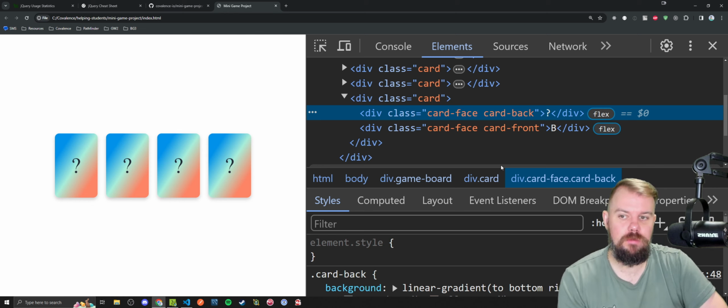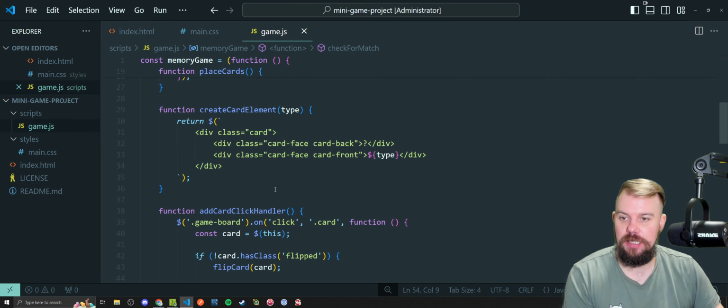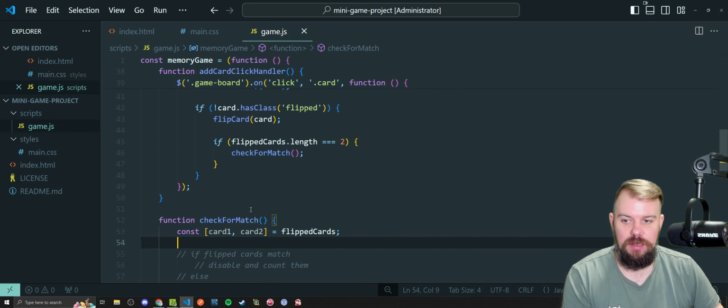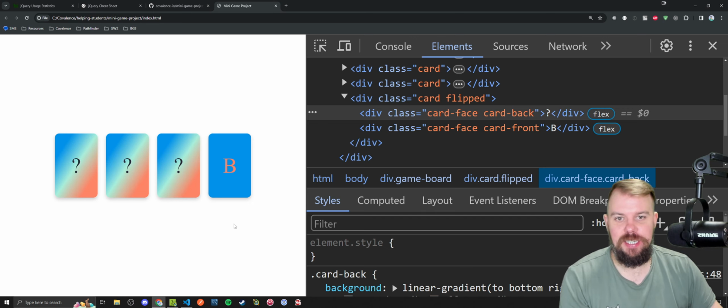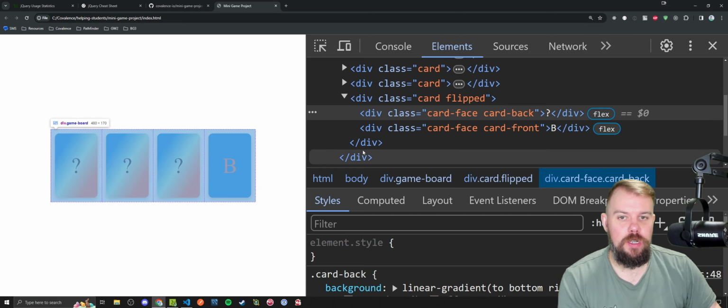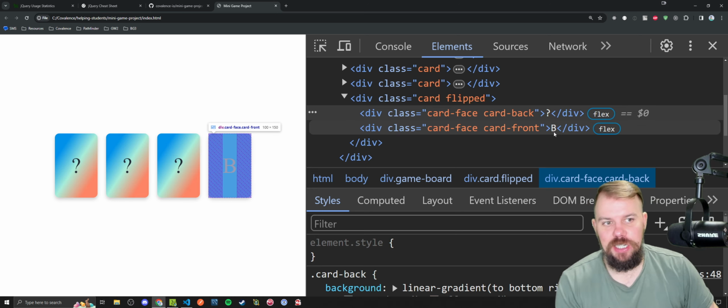So card 1, let's say we click on this, that's card 1. Card 1 is the variable; once I click a second card, then it'll be assigned and pulled into the variable. And I need to tell that variable, go into your child elements, find the second div element, or find the one that has the card front class name, and look up its text content. I could do it that way,